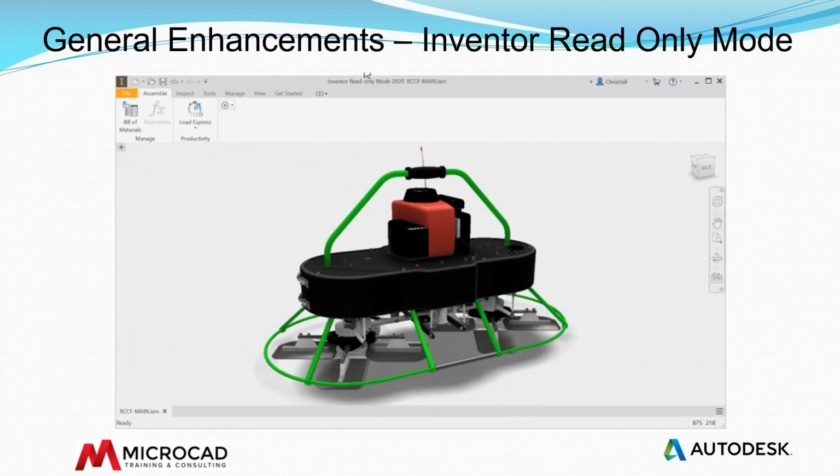Inventor read-only mode allows you to access Inventor part, assembly, drawing, and presentation files for viewing in the Inventor user interface without consuming a license. Inventor read-only mode is included as part of the Inventor installation. Anyone who does not have Inventor installed can use this mode by downloading the Inventor trial from Autodesk.com. Trial access to full Inventor capabilities is time-bound, and when the trial expires, Inventor will default to read-only mode,